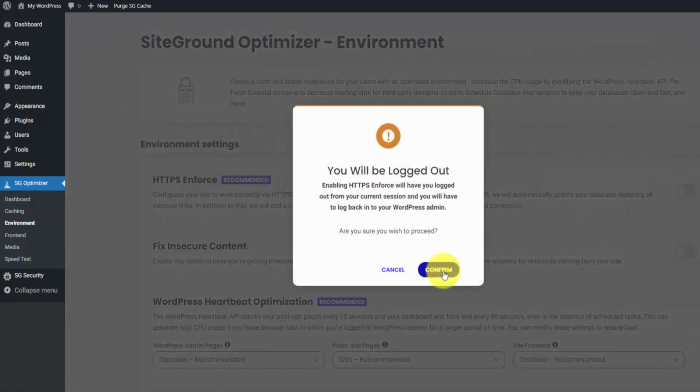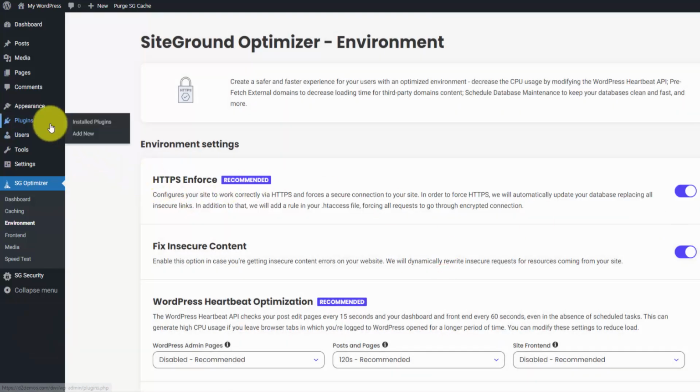They give you this warning here, so we're going to do that, and I'll get back to you when I'm done enabling these. Now that we got that set up, I do want to just take a look at my